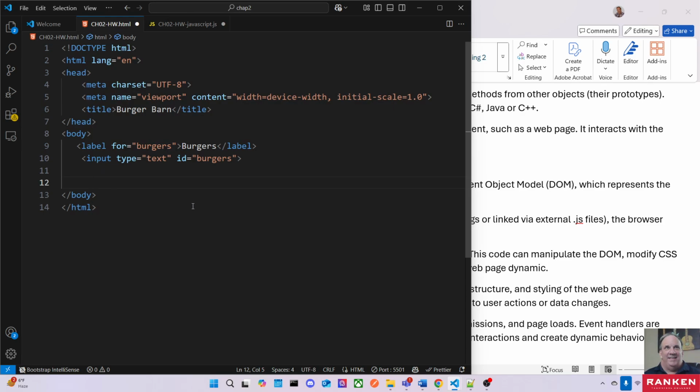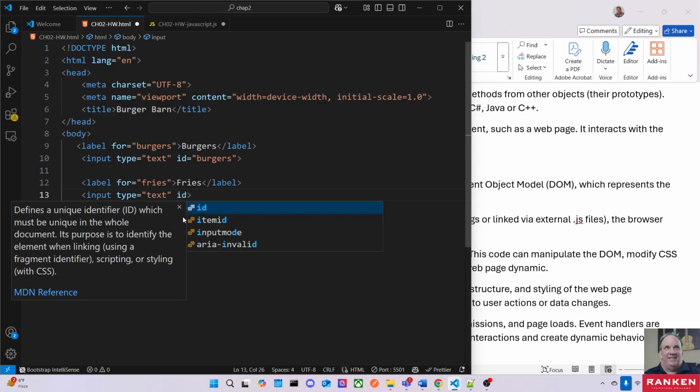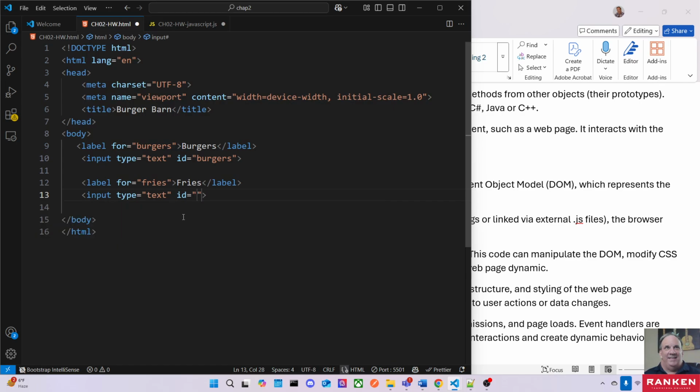All right, so we got burgers here, and then let's create another label for fries, and then let's do the input field, text, and we want to give this an ID of fries. And then we'll do one also for